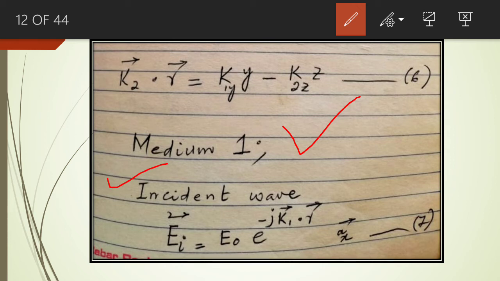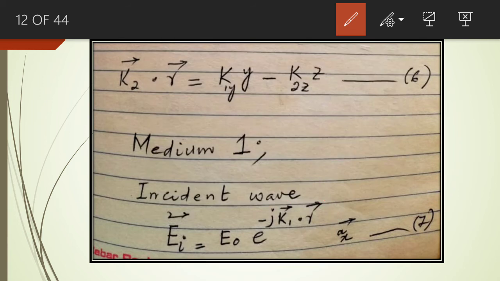So the electric field intensity of the incident wave will be equal to E naught into e raised to power minus j k1 dot r. We know that the propagation constant of the incident wave is k1, and we have already simplified k1 dot r, right? So we put the value of k1 dot r in equation number 7, and if you guys